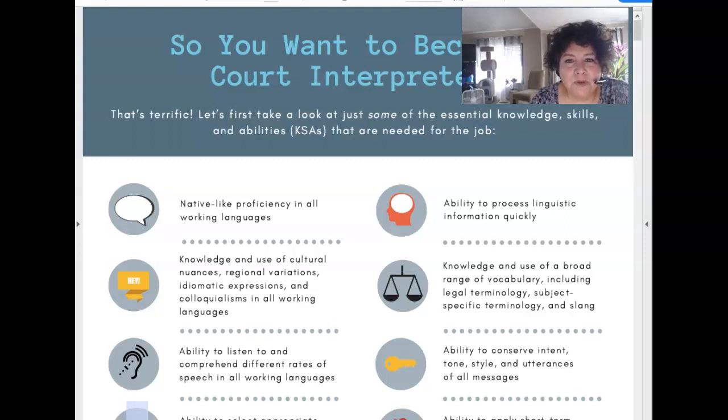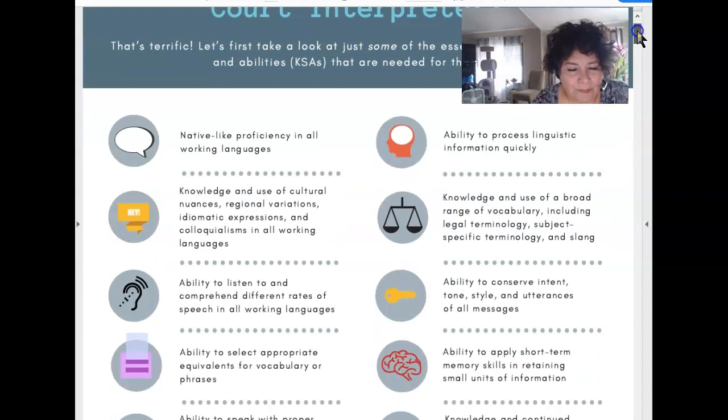In this review of Module 13, I'm going to go over the self-assessment in case you are considering being a court interpreter. You can download the PDF document. You have to download it onto your desktop in order to be able to fill in the blanks for the questions. Very briefly, this is a questionnaire that is posted by the Judicial Council of California, and that is the entity that oversees the court interpreting program.